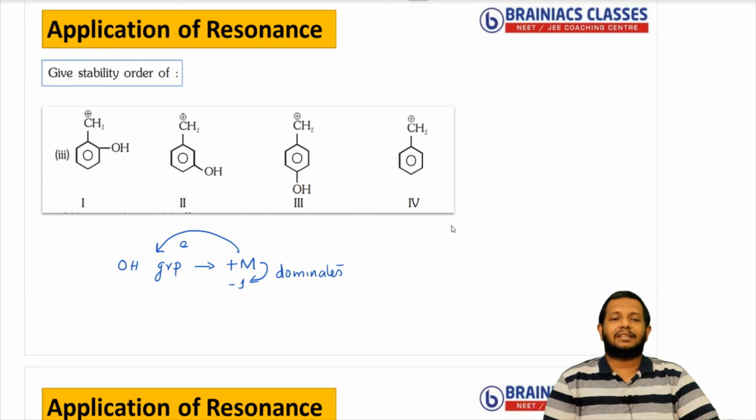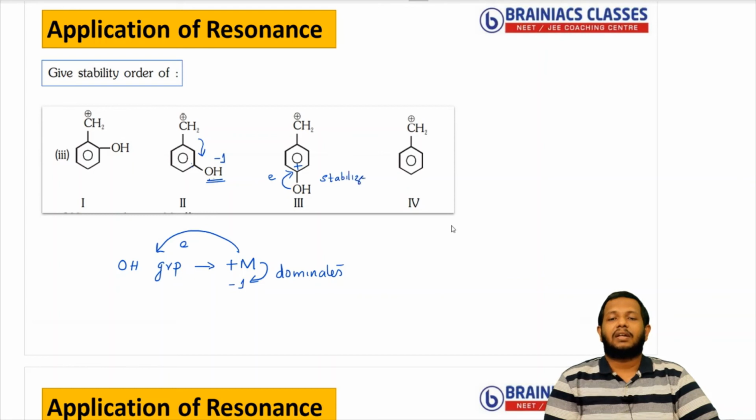Now in the second case, the OH group is present at the meta position. In the first structure, the plus charge will come here, and in the next case the plus charge will come here. So there is no role for the OH group when it is at the meta position. It cannot stabilize this positive charge. But you know that the OH minus I effect is present everywhere. So I can say that due to the minus I effect, this is getting unstable because it will attract electrons. Now the next one, you can see the OH group at the para position. Again the plus charge will come here, then the plus charge will come here. When it comes here, it will donate electrons to this plus charge and make it stable. So I can say this is getting stabilized.